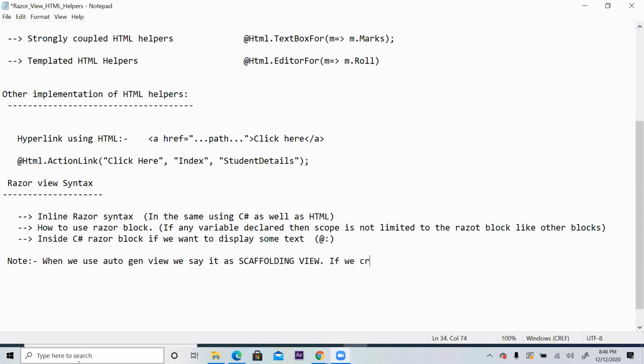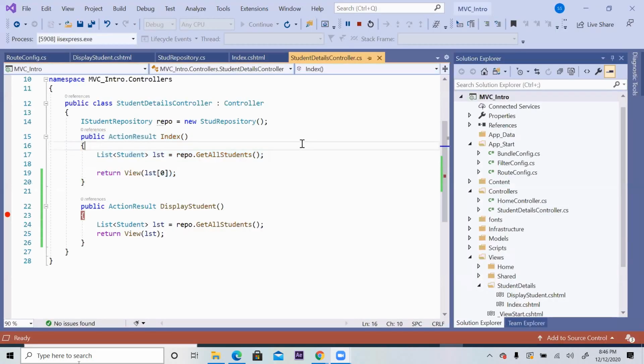If we create one from our own, then it is called a custom view. Okay? After all, both are views only. But this is called custom view, and that is called auto-generated view or scaffolding view.